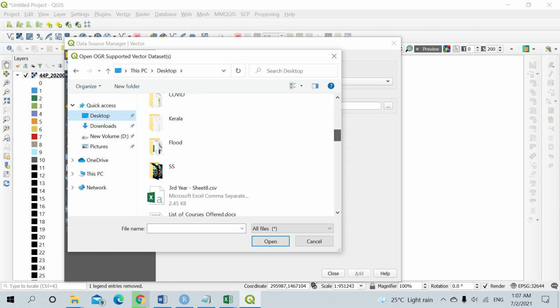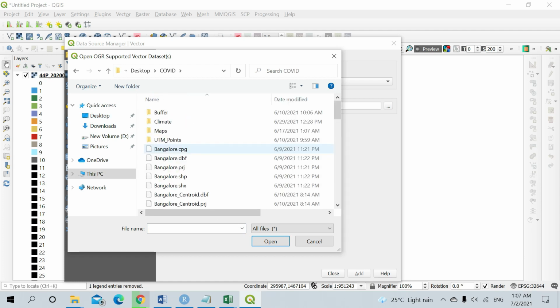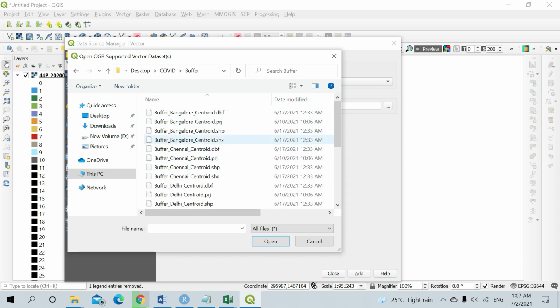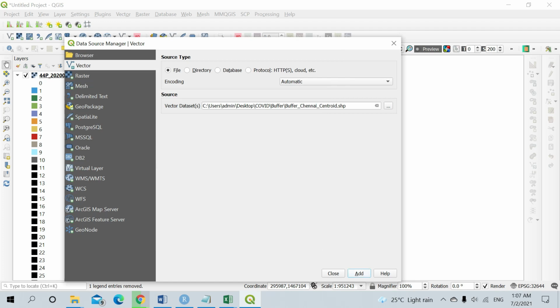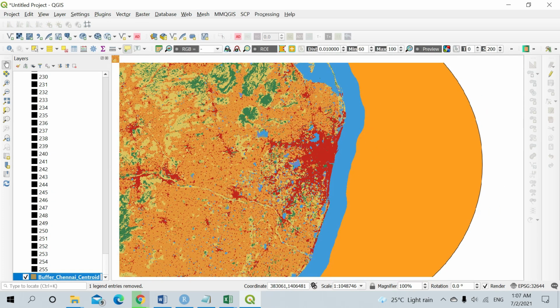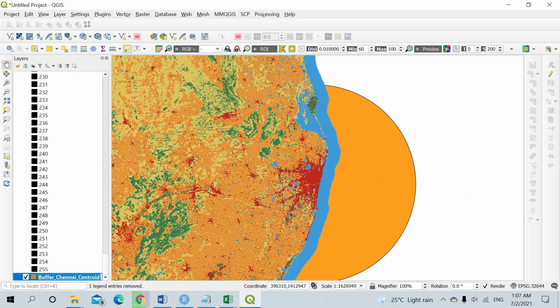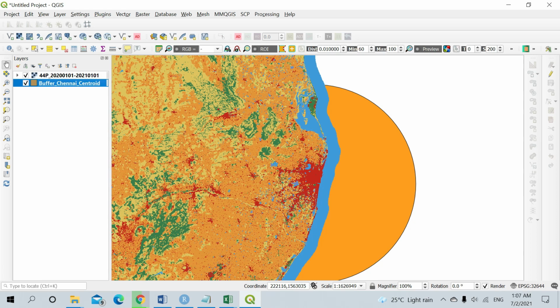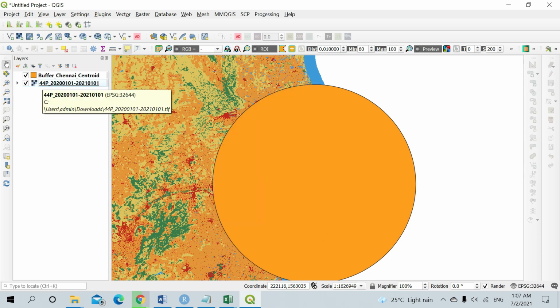I'm going to go with, let us say, the Chennai location. I'm just providing a small example over here. This is a buffer zone which I have created for Chennai. I'm just going to clip this particular data set for my study area. So this is just an example. You can have your own study area and make a clip of it and use it for your purpose.